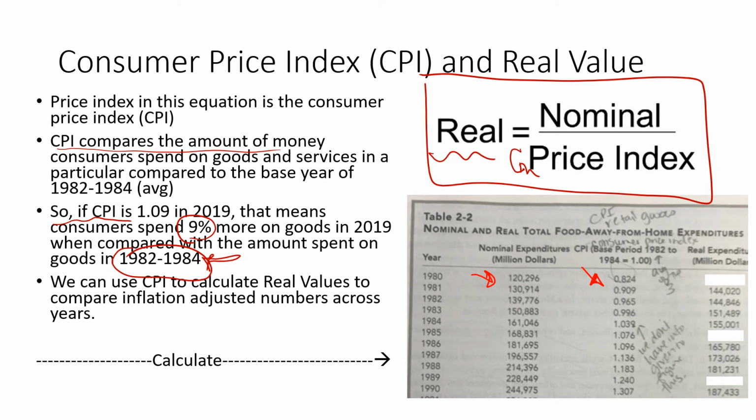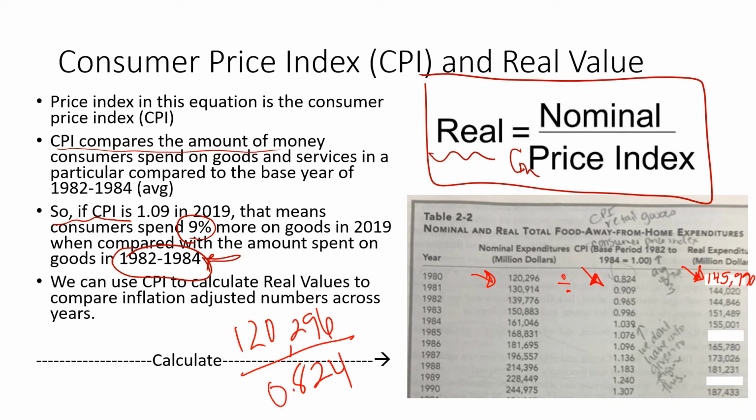For 1980, we're trying to find this blank here. We're going to take the nominal value, which is 120,296, and we're going to divide that by 0.824. So when I do that, 120,296 divided by 0.824, we're going to get 145,990. Okay,